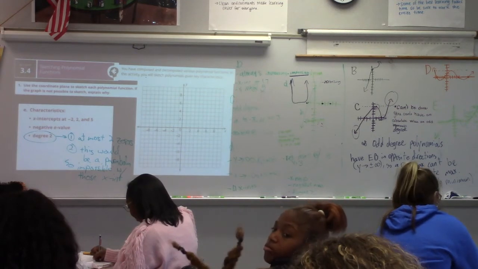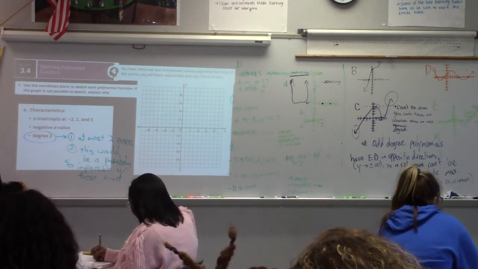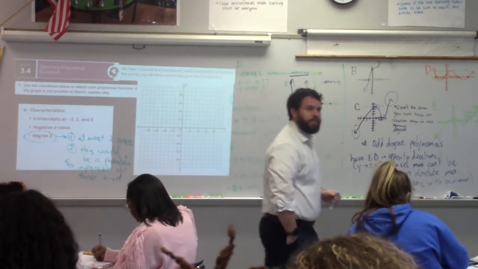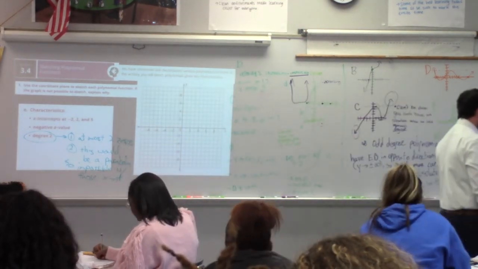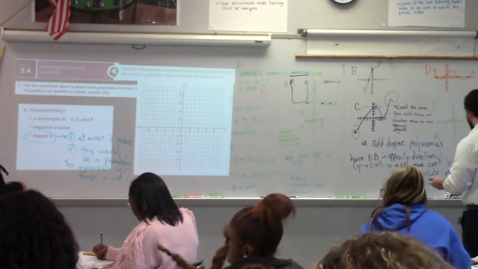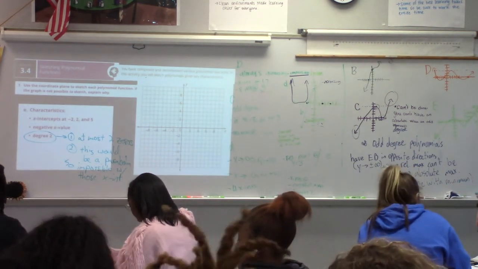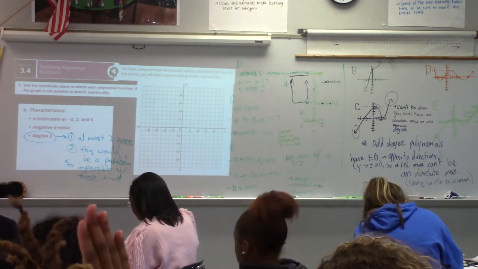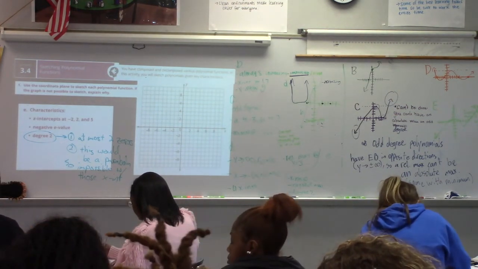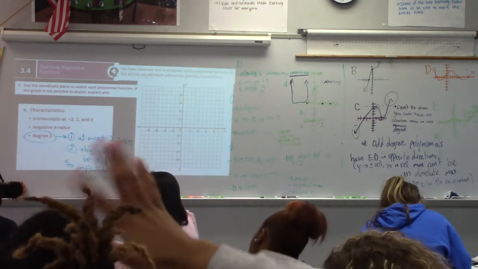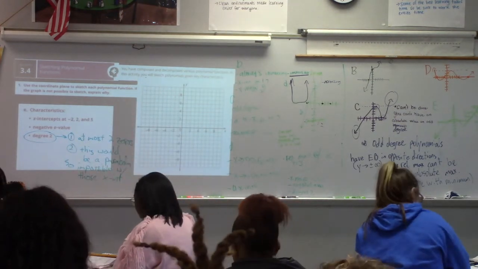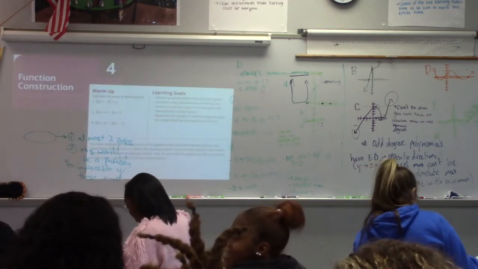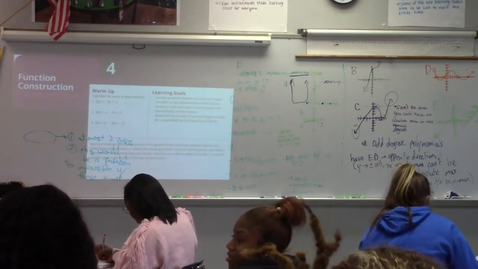Okay. Any questions about this E? About why it would be impossible? Going once. Going twice. I said, what questions do you have about this E? She is in this class. Wait, why can't it be a parabola? 3 x-intercepts. You can only have